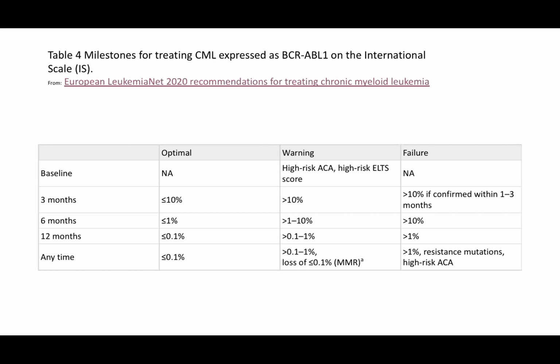You can see the European recommendations again, so you can individualize your cases. I think we need data all the time. If I say only personally, that may not be enough, but I get really worried if there's no 1 log kill, because that means